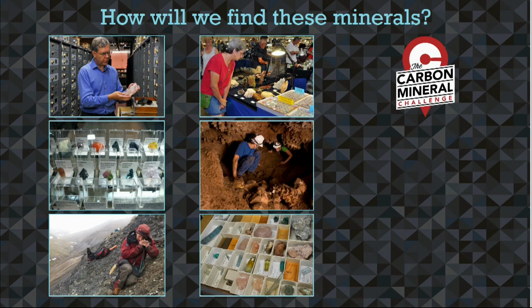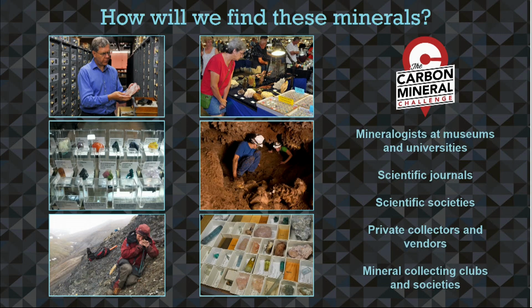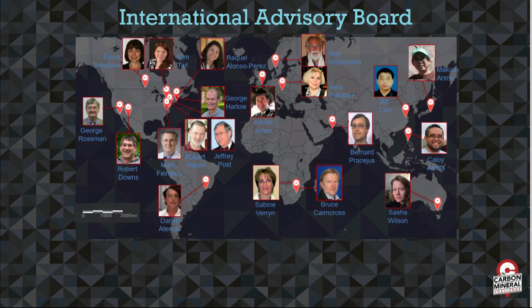Well, we just spread the word to as many museum curators and lab directors and amateur mineral hunting clubs as we could, and we encouraged them to go out and find these things. This guy up here is Jeff Post at the Smithsonian, who actually helped me look through some samples and try to find some new species. So we advertised in all of these venues, journals and scientific societies, collectors clubs, and we tried to spread the word and encourage people to look for these in their unusual samples.